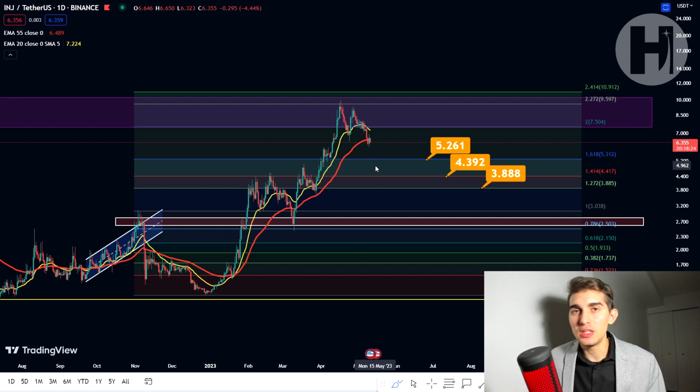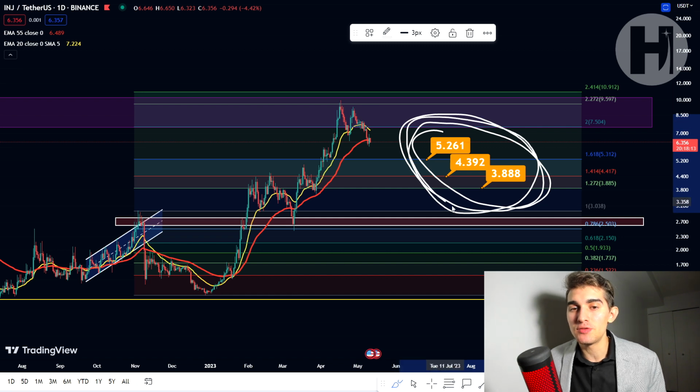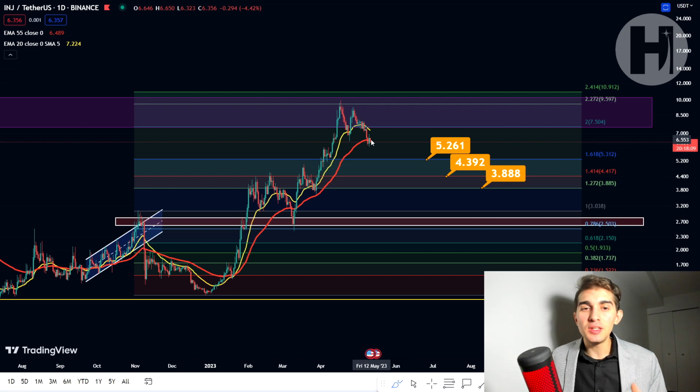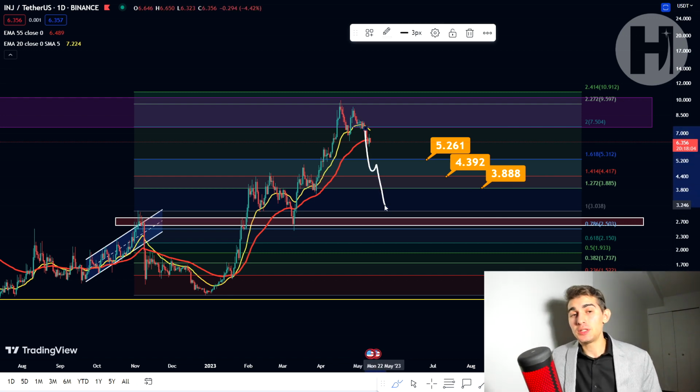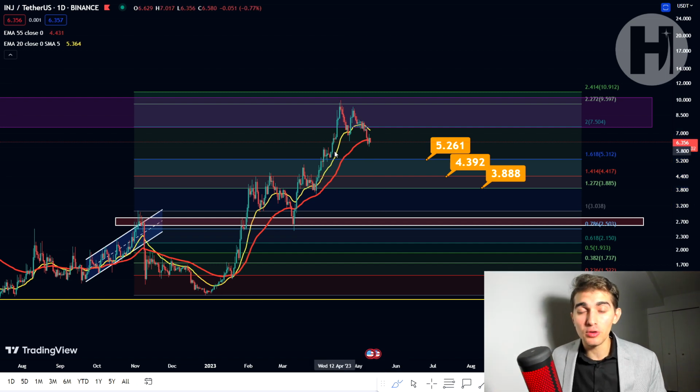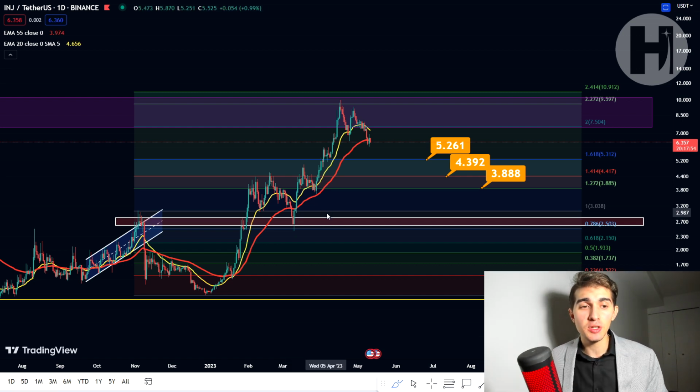But like I said, we never know if we're going to be getting a black swan event or not. This is not something that you can predict really. So these are the three levels that I would be targeting if realistically you're looking to get into Injective in the next few weeks or months. But if there is an unseen event, like I said, and we're back below $3, guys, I'm telling you, this is not a time to be searching for Injective technical analysis, what's going to happen next. You just want to be buying. That's not financial advice by any means, but you really want to be averaging in at that point, because